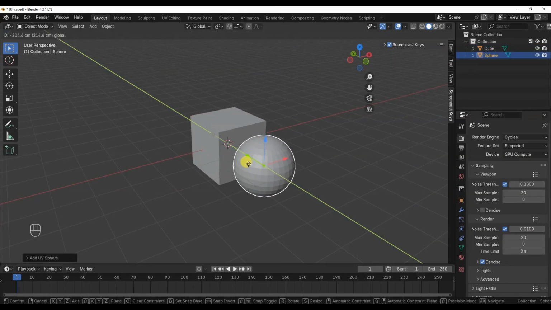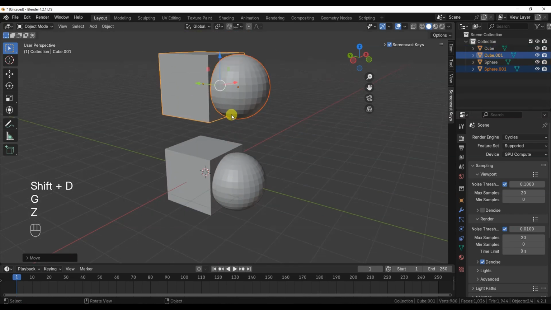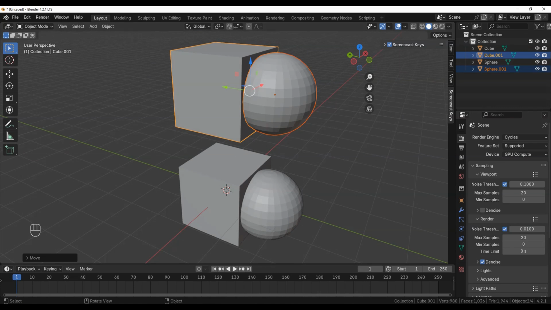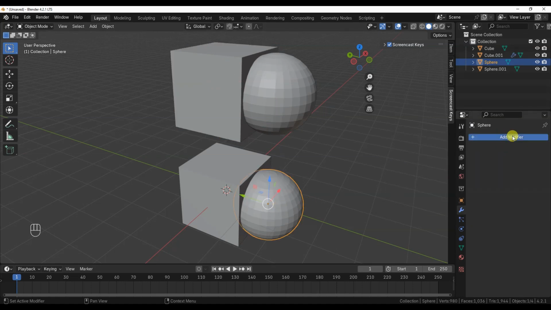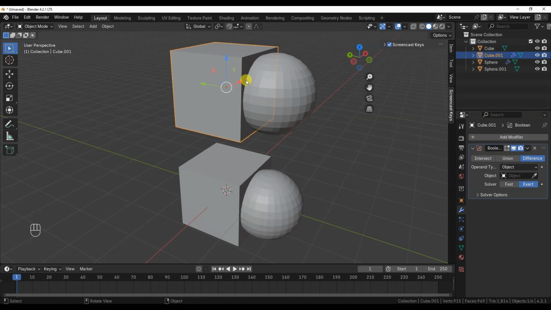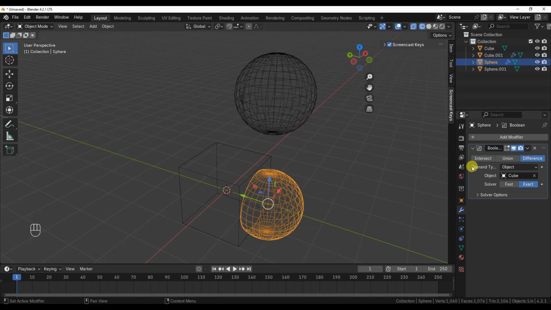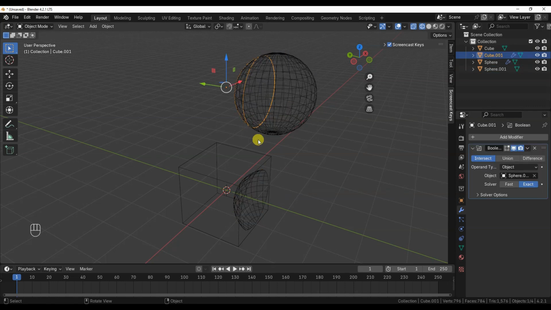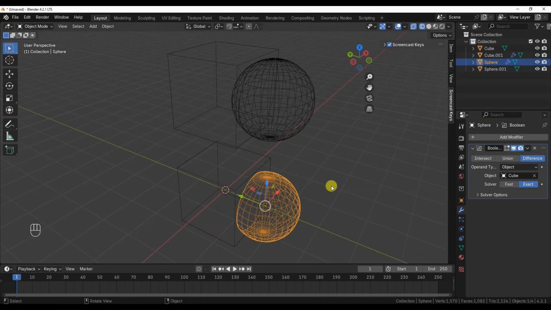Boolean is a modifier that performs an operation between two objects. The first object is the one with a modifier, while the second object is defined as the target object. This order is important because Boolean operations involve intersections, subtractions, and unions between geometries. For union, there's no noticeable difference if the modifier is applied to one object or the other, but with the difference and intersect modes, the results change. Saying that a geometry should result from geometry A minus geometry B is different from saying it should be B minus A.